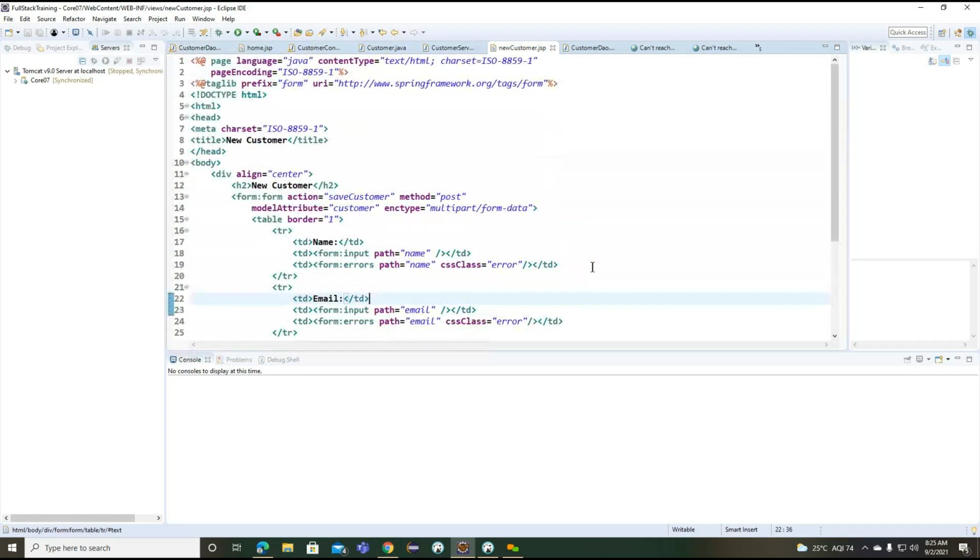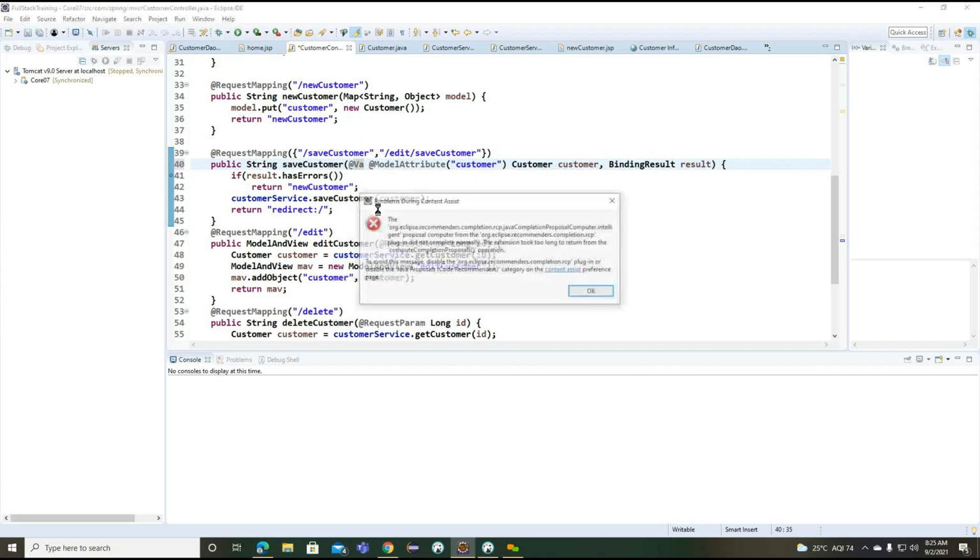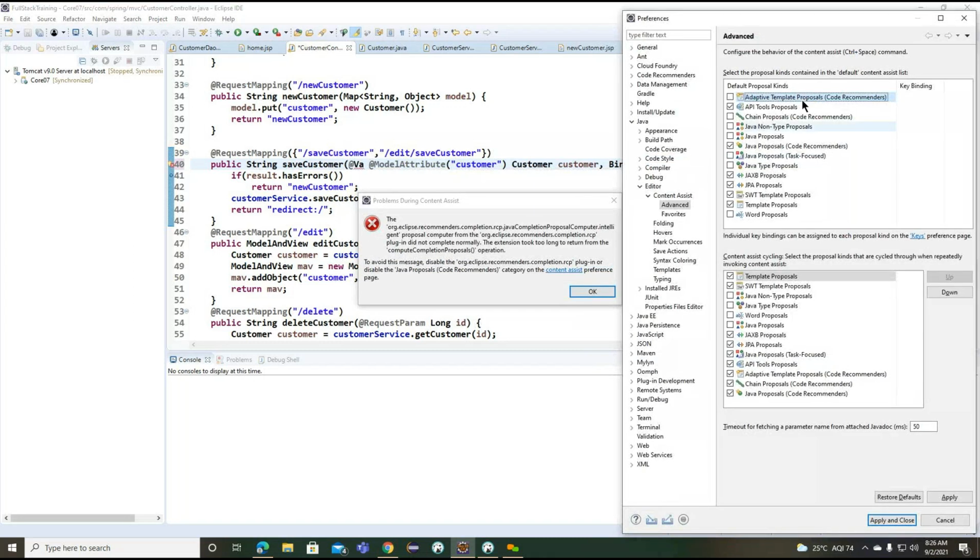Error. Okay. Validation. Why is this particular object not coming?